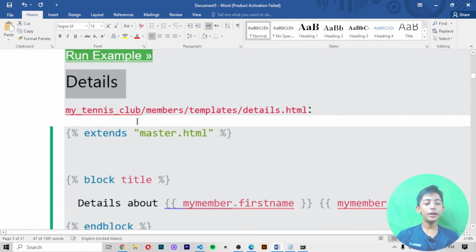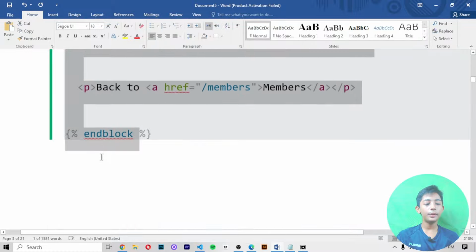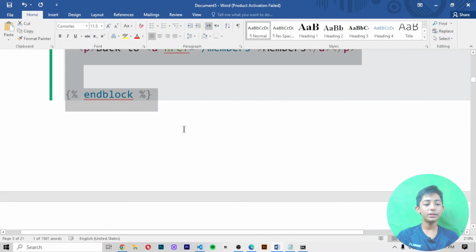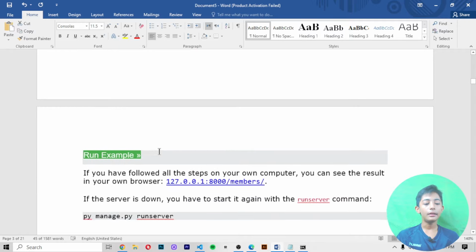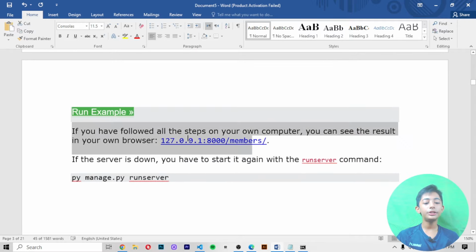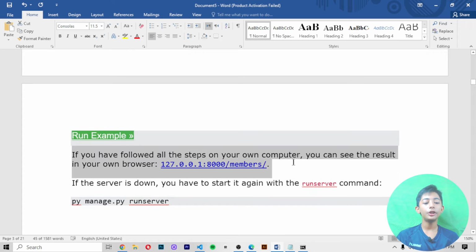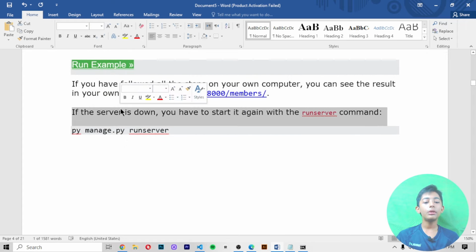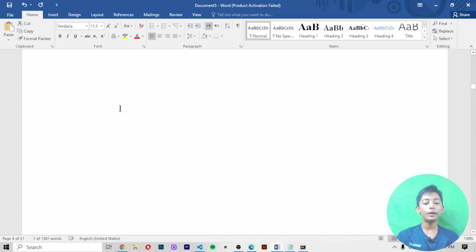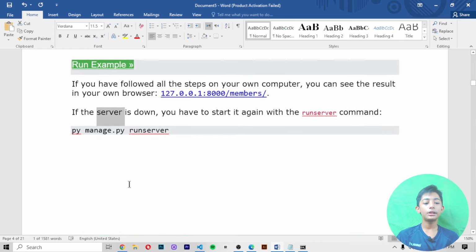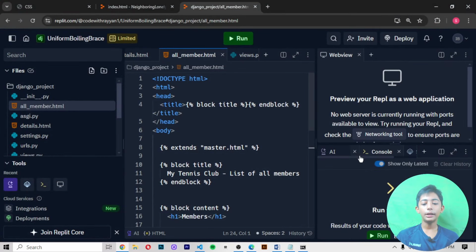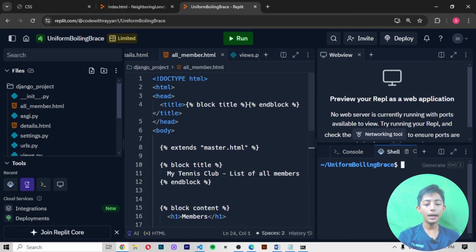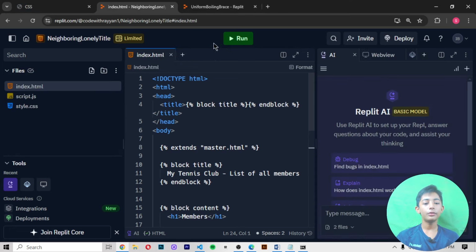Now in the details.html file, you can paste this code. Okay, then if you have followed all the steps on your computer, you can see the result in your browser. If the server is down, you have to start it again with the run server command. If the server is down, it gives you the error. So what you can do, you write here in the shell py manage.py runserver. Then when you run it from here,